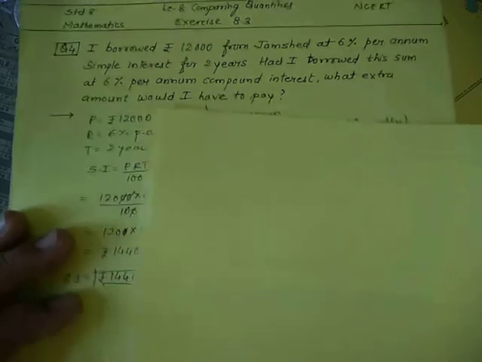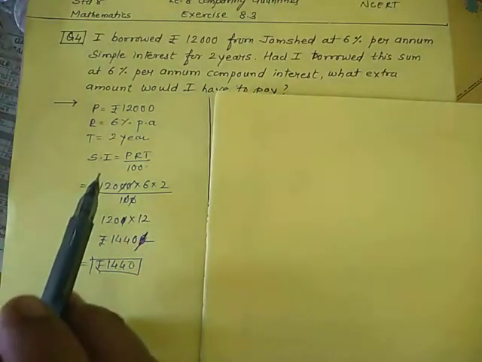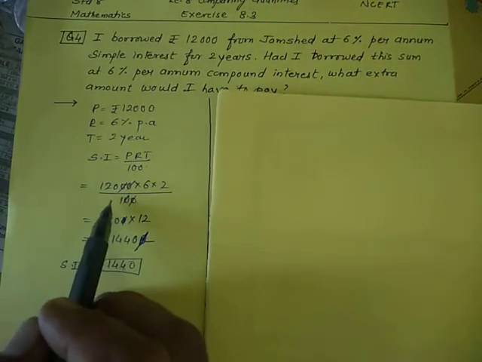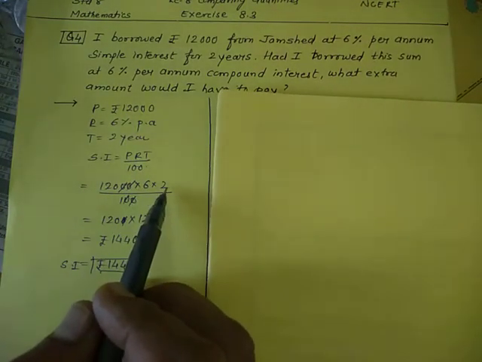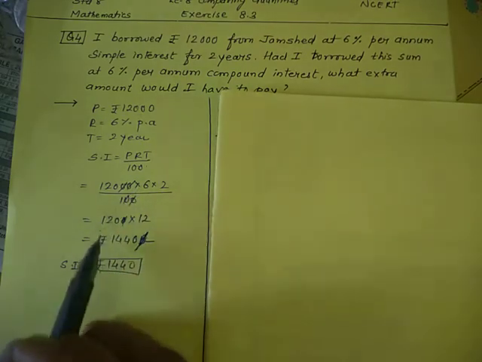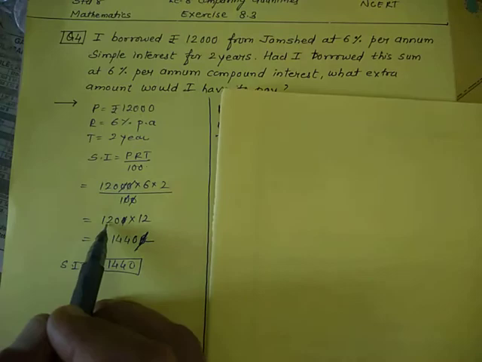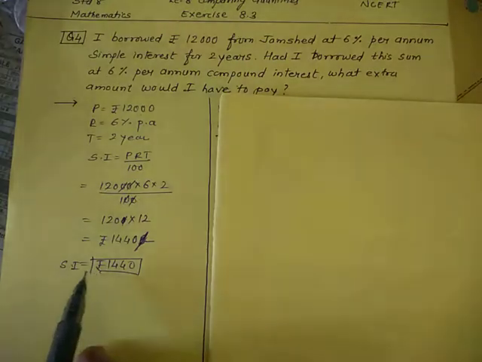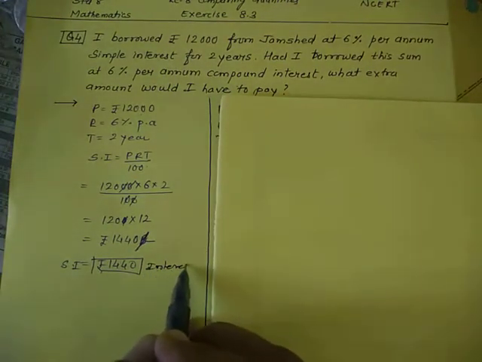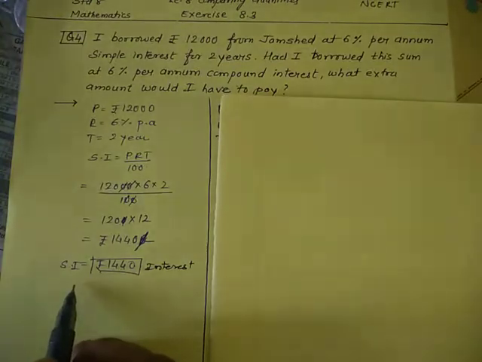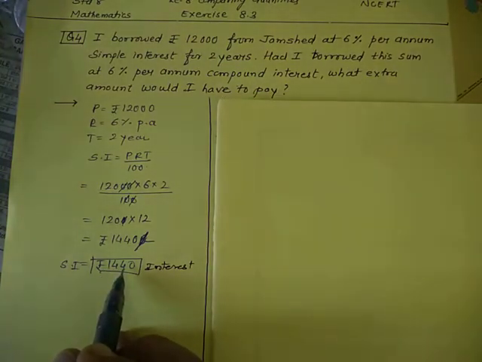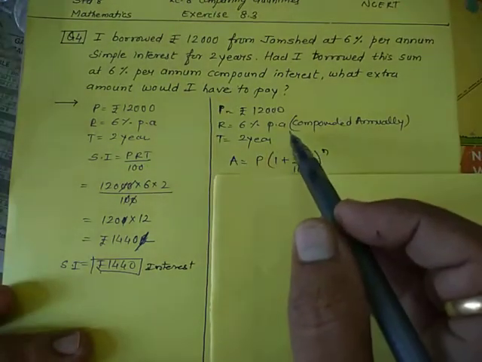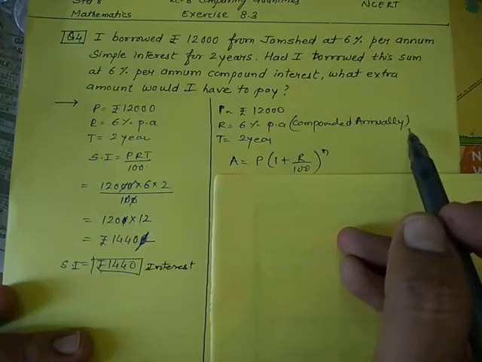So I have done simple calculations. So this is for simple interest. Okay. So SI is equal to PRT upon 100. 12,000 multiplied by 6 upon 100, multiplied by 2 years is given. So if we cancel it out, the 0s get cancelled. So 120 and 6 twos are 12, 12 12s are 144 and 0. So how much simple interest? Rupees 1440.